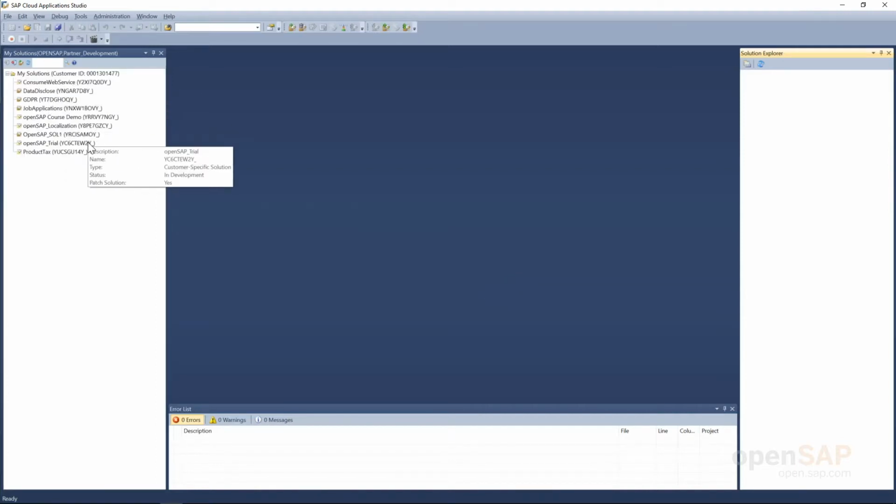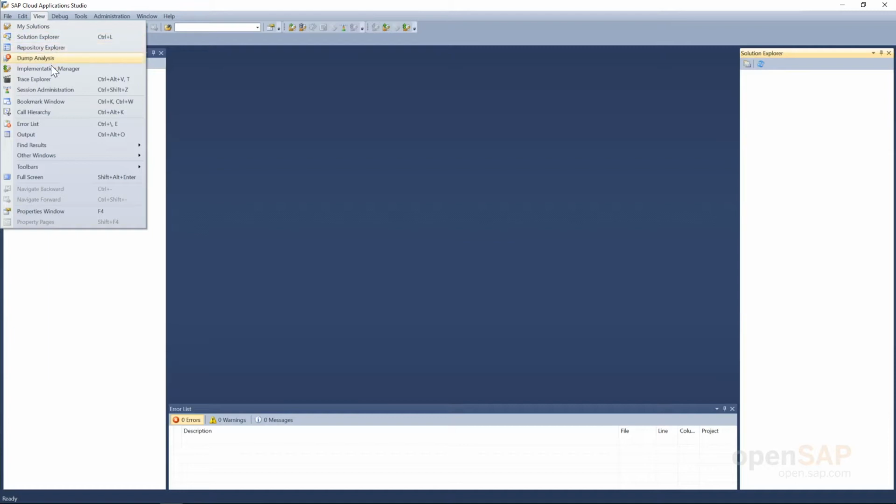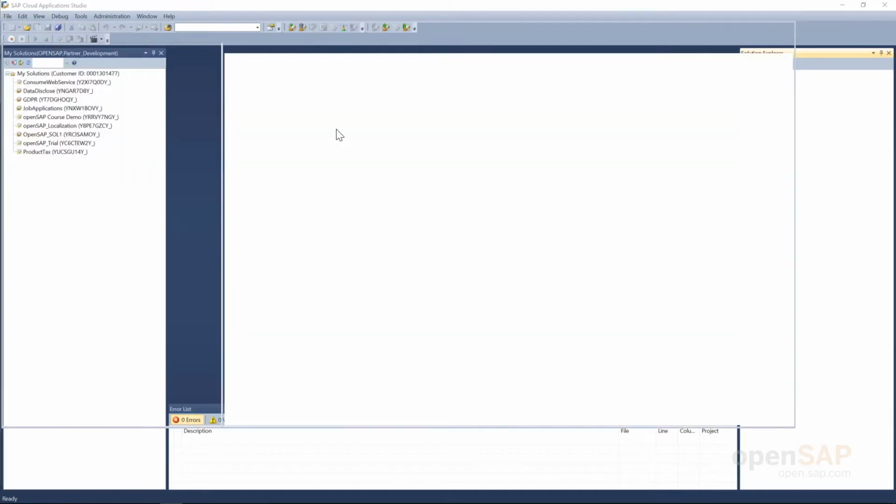Okay. So, now this system is logged in, and here are the various options which are available in SAP Cloud Application Studio. On the left hand side, you find the My Solutions. Here it lists what are the available solutions for you, and on the right hand side you have the Solution Explorer. So, once you create any solution, you would see the list of all the objects or the artifacts under this section, and then you have other options like I click on View and I could go to the Repository Explorer,